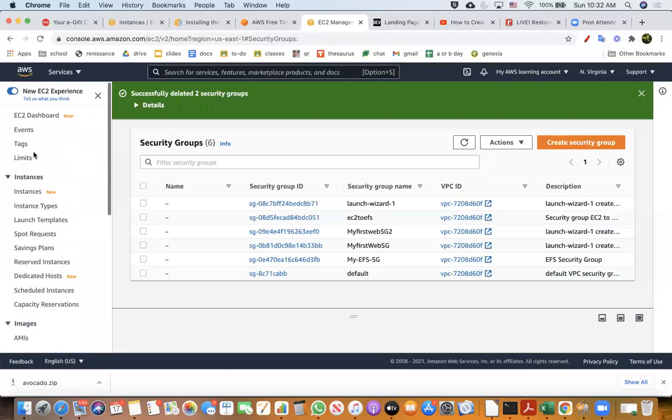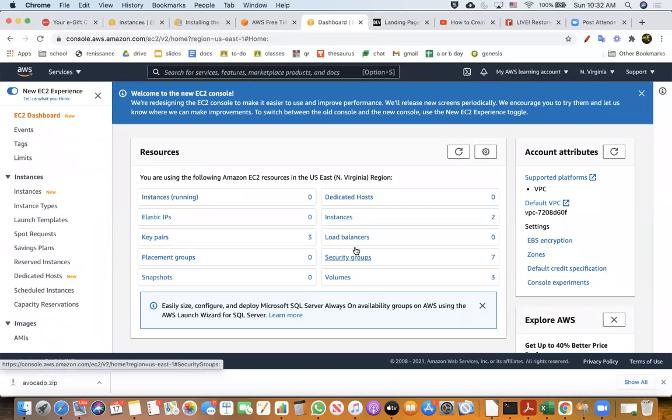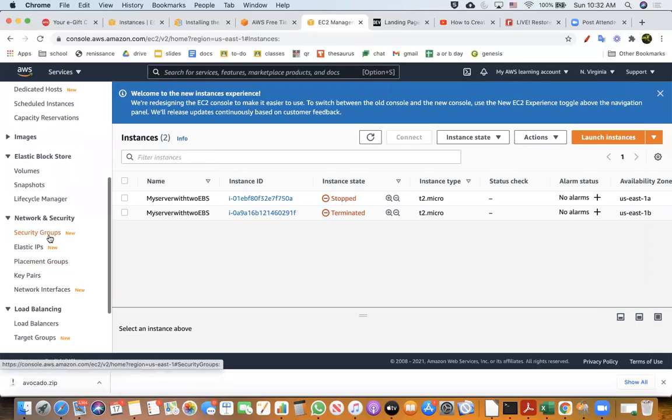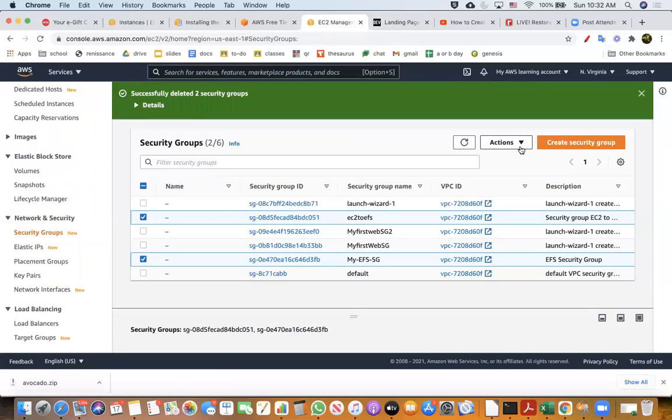Let me also clean up one particular instance. Let me see the EC2 instances. There are only 2 instances, that's fine. So I deleted some security groups, and I will delete this and this as well.